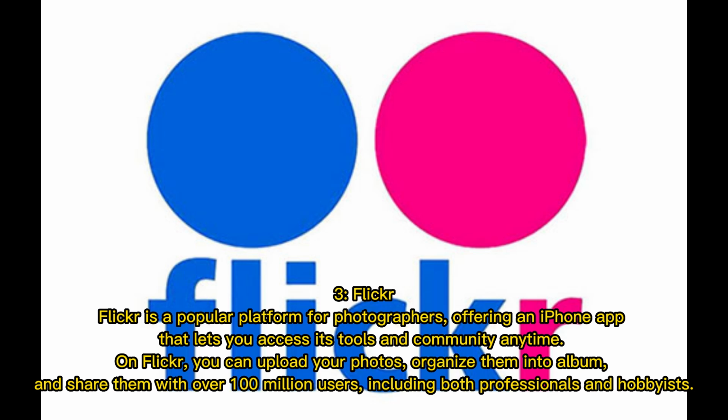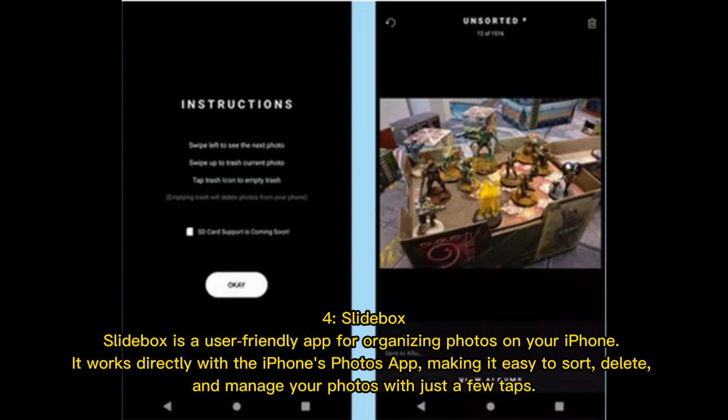and community anytime. On Flickr, you can upload your photos, organize them into albums, and share them with over 100 million users, including both professionals and hobbyists. 4. Slidebox. Slidebox is a user-friendly app for organizing photos on your iPhone. It works directly with the iPhone's Photos app, making it easy to sort, delete, and manage your photos with just